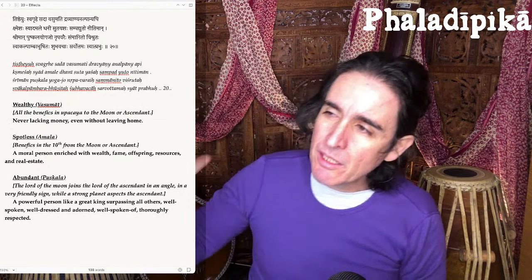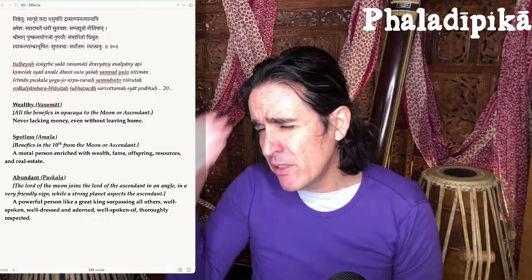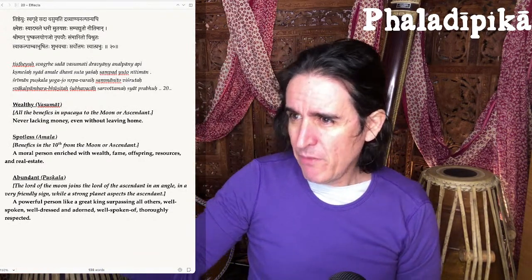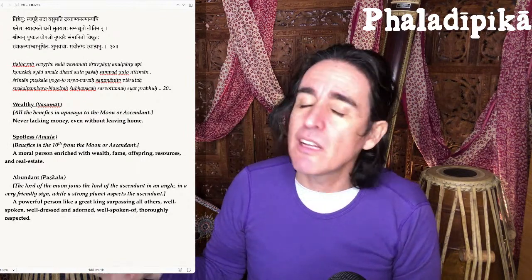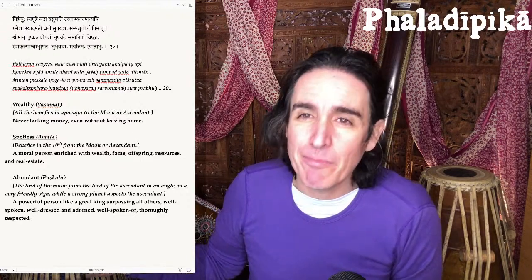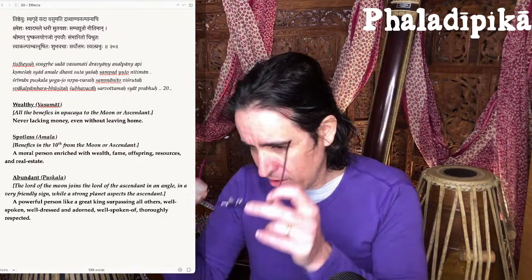This is actually the meaning of Upachaya houses. Upachaya houses are where you gradually store things. Upachaya means to make a pile higher, build a pile, build a savings. So if you have benefics here, or if you have malefics here, it's also good. But malefics here will mean it won't be that you're always resting at home, but still you have money. Malefics in Upachaya house will mean you go out and you work and you succeed. Benefics in Upachayas means things come to you easy. You get money. You already have money. That's the implication.